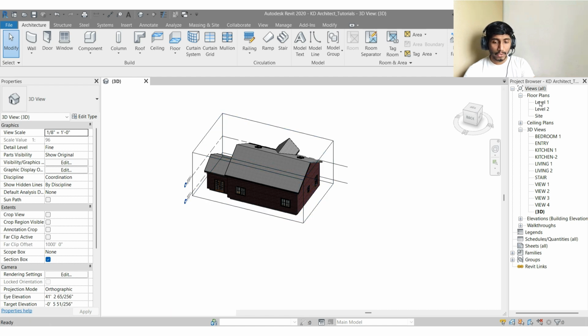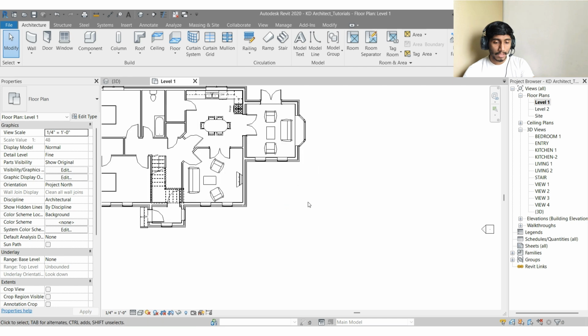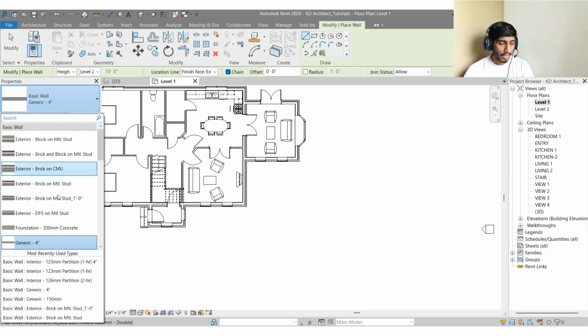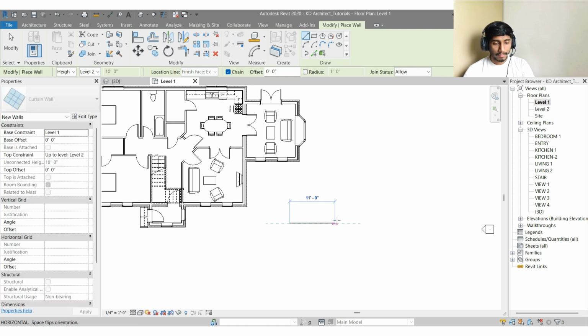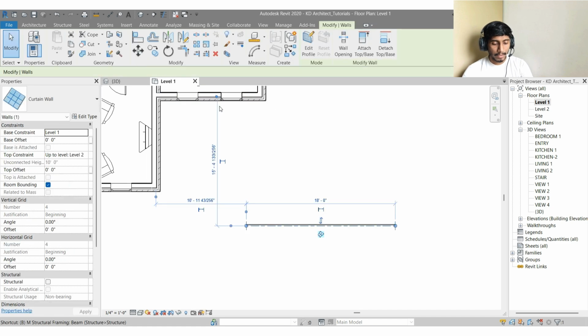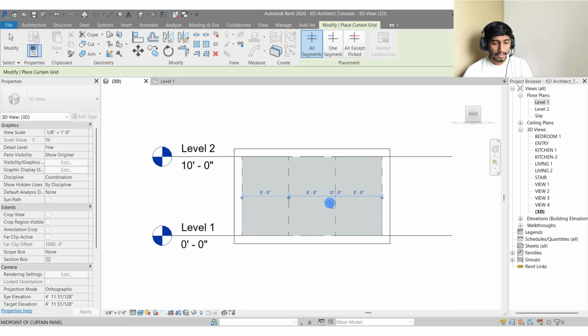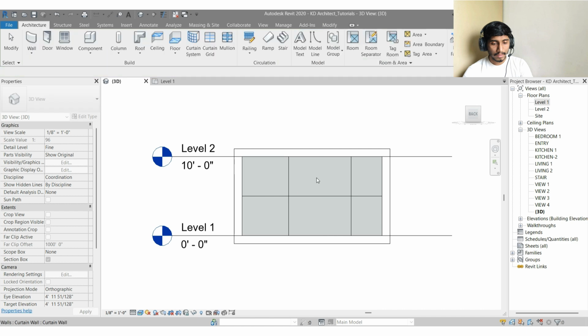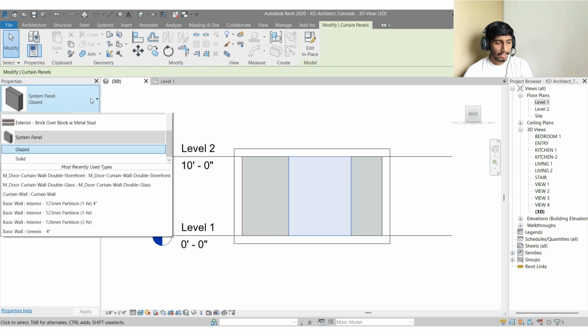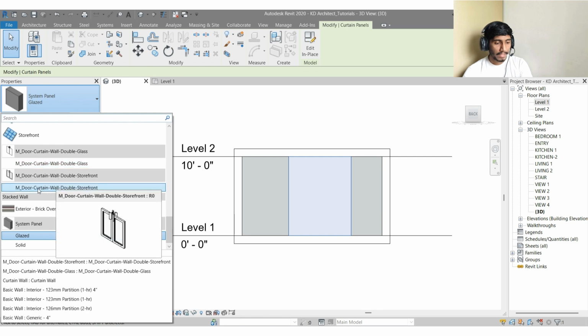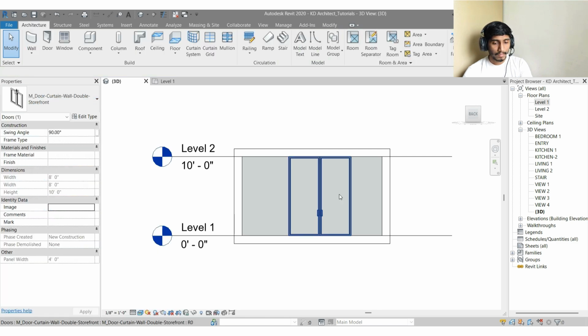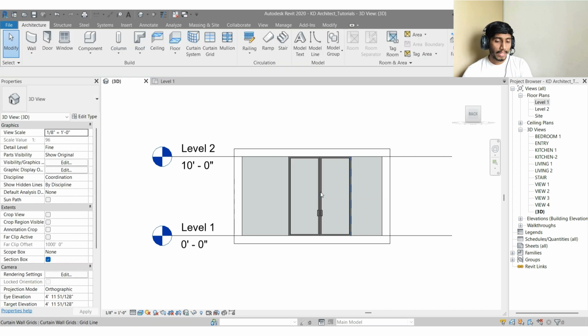Okay, so let me cross check whether the family has been added here or not. Go to Level 1, and the family was about a curtain door. So here we'll make one curtain wall. Let me choose Curtain Wall and go to 3D, and over here we'll add some curtain grids. Okay, that's fine. Delete this one. Select the panel with the help of the Tab key and drop down this option. Yes, we have successfully added the door family. Like this way, you can add the family.